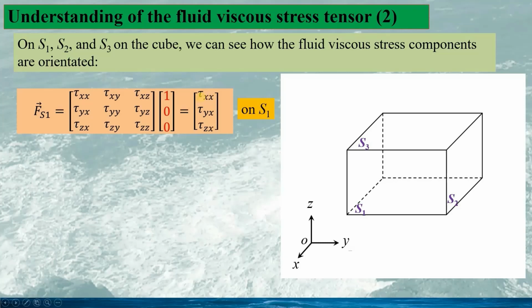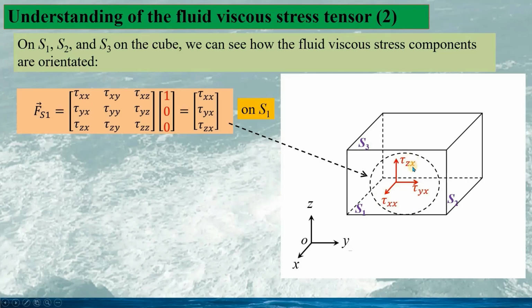And we can see tau xx is in the x direction, tau yx is in the y direction, and tau zx is in the z direction. So for the stress tensor component, the first subscript means the direction of the stress force. The second subscript, x, means on S1. So if we draw the first component on S1, we have this tau xx, tau yx,